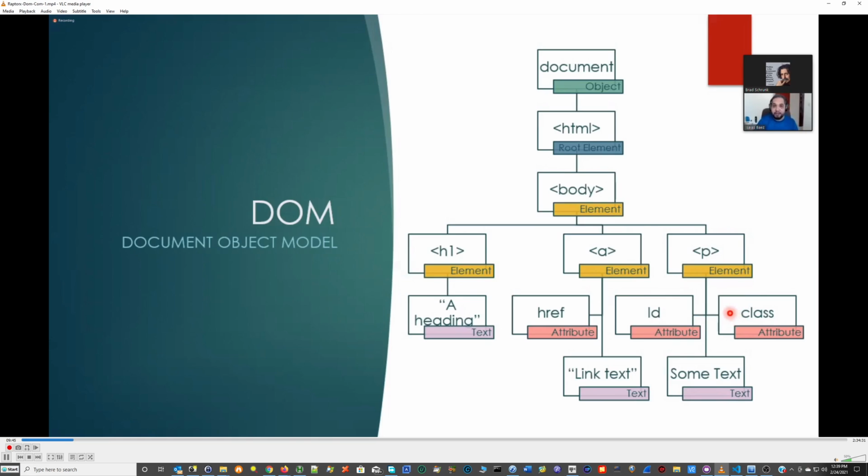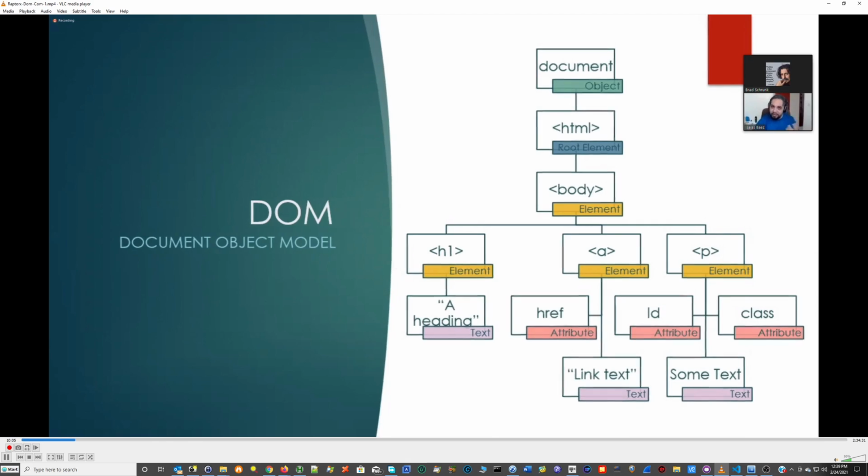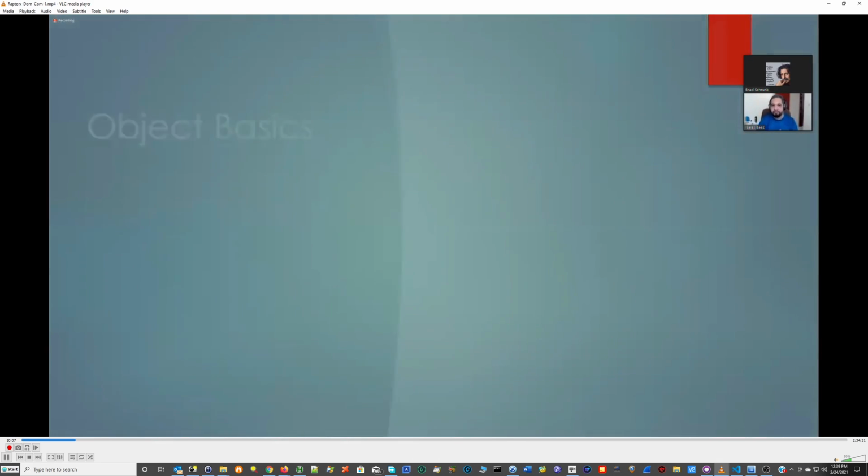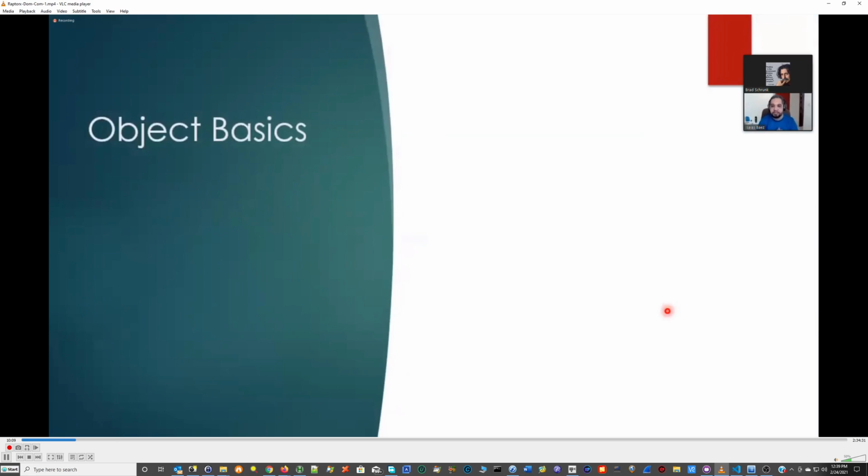I can identify them anyways, even if they do not have an ID or a class. But usually, if you have an ID, you're good to go because you can refer to that specific element in particular, just by knowing its ID. Okay. So now that we know what our goal is, let's go ahead and get some ideas about object